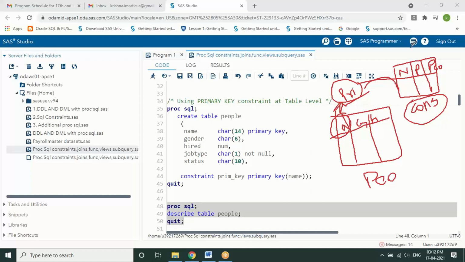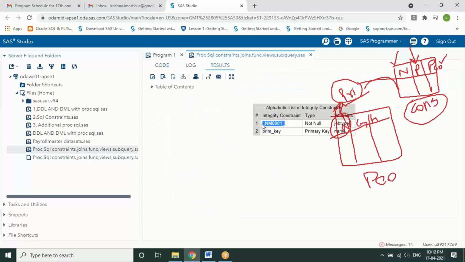Now let's assume I wanted to delete this primary key. I have to know which table it is, and on which column it is. For assigning this primary key or any other constraint on a table, the database will create some unique numbering. That numbering you have seen in the result, like underscore nm001. Some different default numbering is assigned by the database, so it would be difficult for someone to identify the type of a constraint from this numbering.